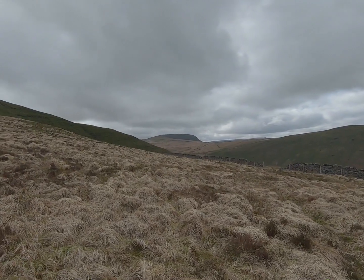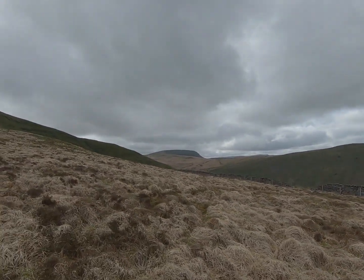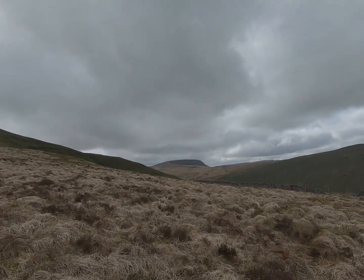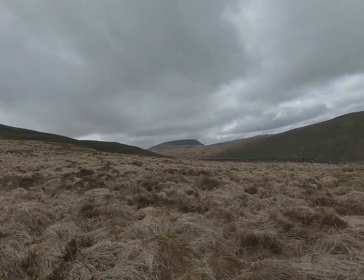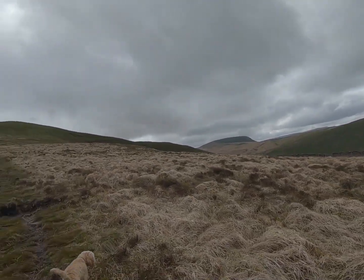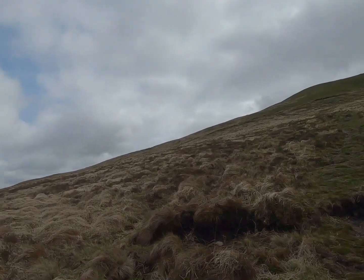The views over towards Van Hillock. That's a really cool one to do. There's a video of that one and this one here on the channel. That's a really cool sort of sheer cliff face there. And again, a feeling of relative remoteness, so that's pretty cool. It's nice and warm now, so